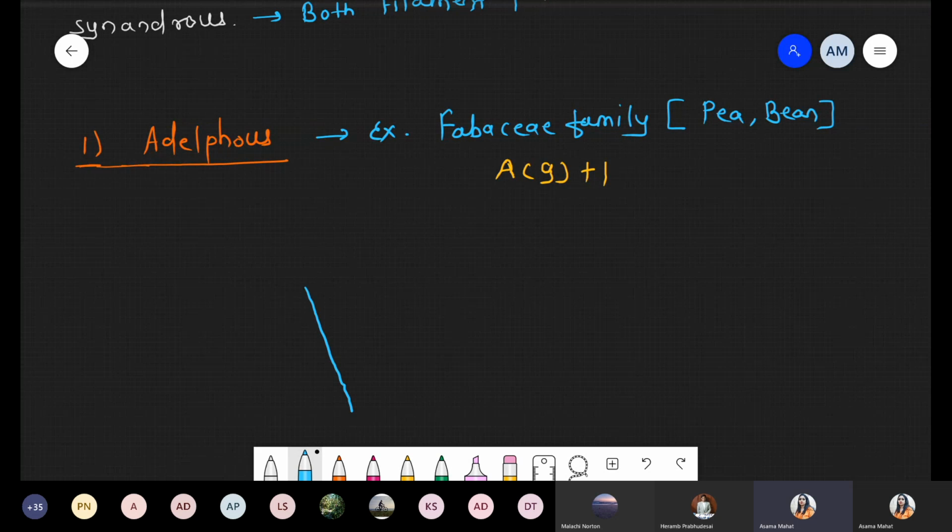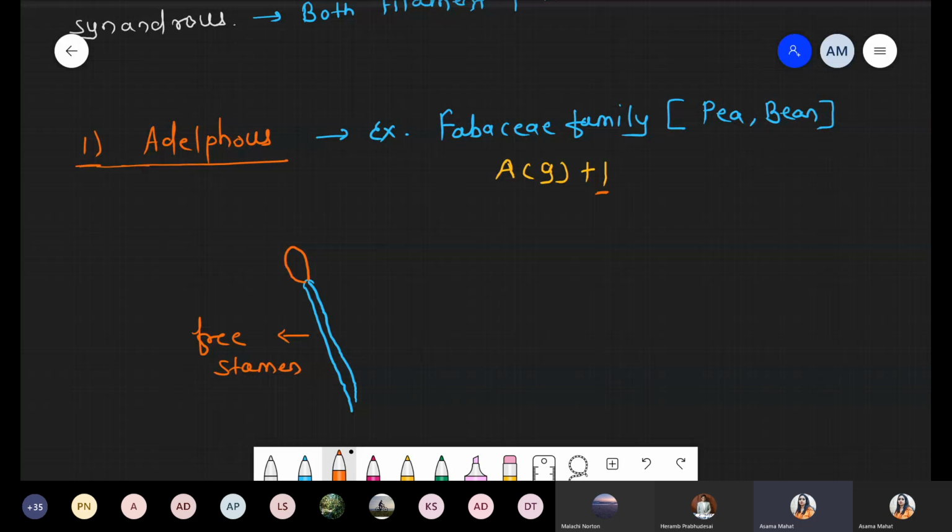So this part is a part of the filament, a single filament, and on the single filament only one condition is present. So what will this represent? It represents the free stamen, that is 1 without bracket, because it is a simple condition. Whether 1 is represented with or without a bracket doesn't matter, because 1 is 1. It is present in free form, not in fusion condition. That's why we are not representing the bracket.